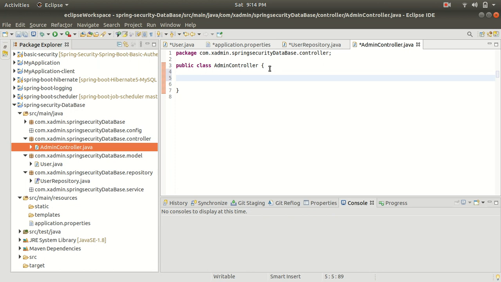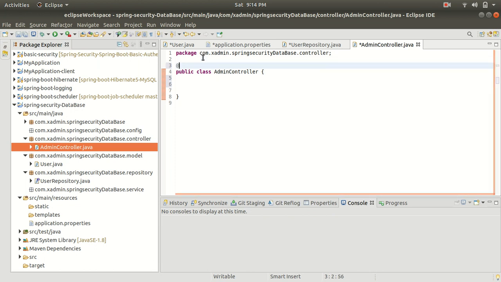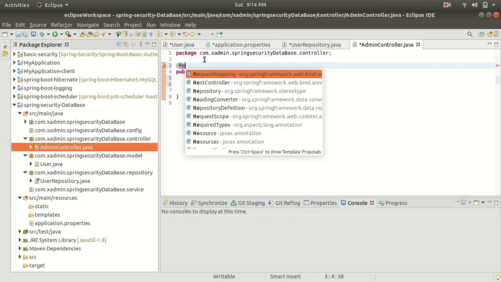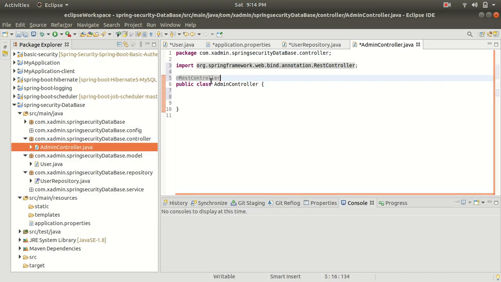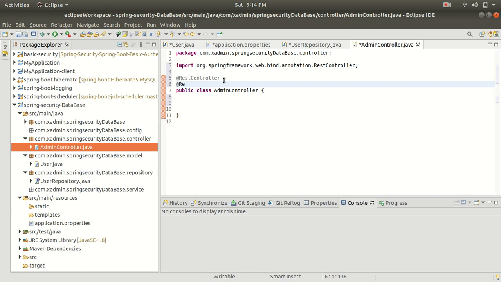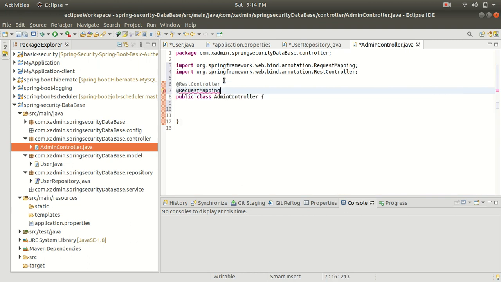So guys, first of all I will mark this with the REST controller. All right, so let's provide a request mapping, and let's provide the URL. So I will keep URL as secure auth.